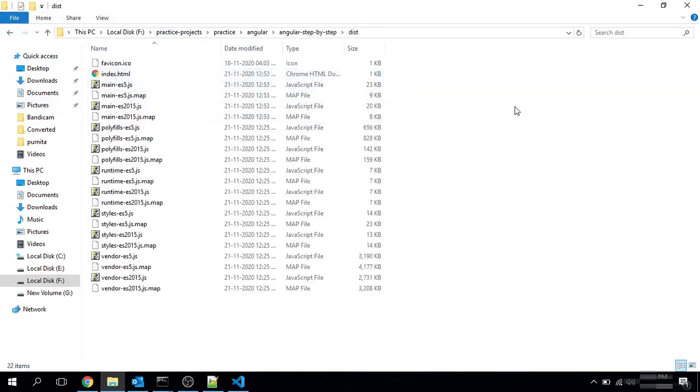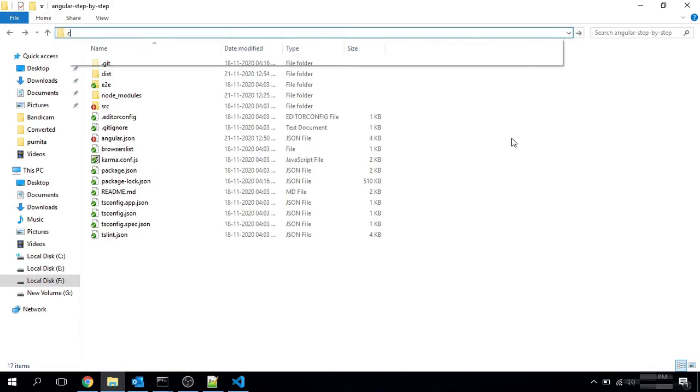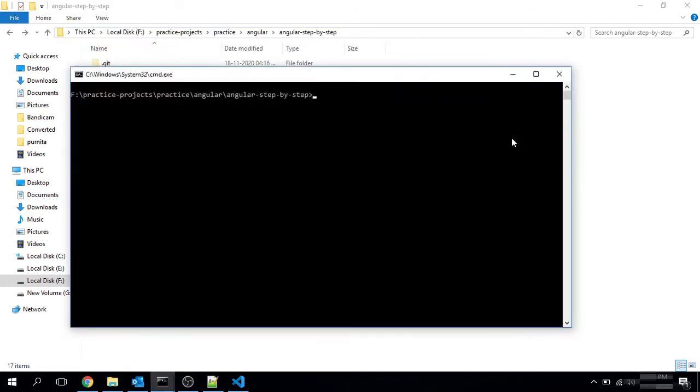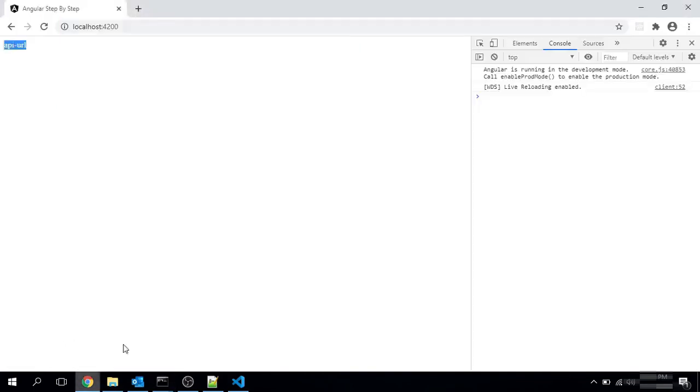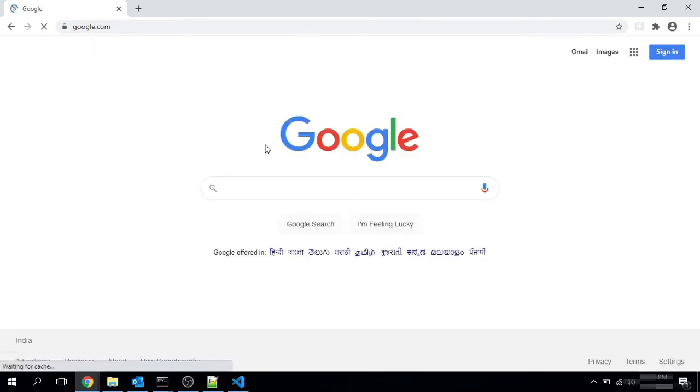This folder has our compiled code now. I have the HTTP server module installed to execute any static files, or just your compiled Angular code.